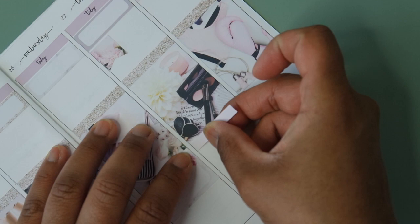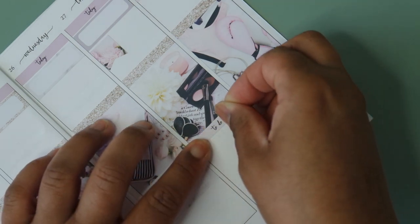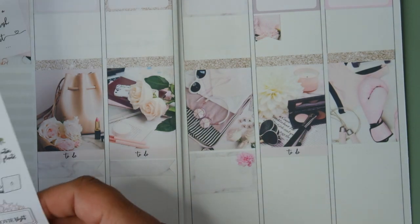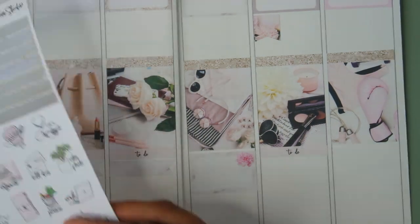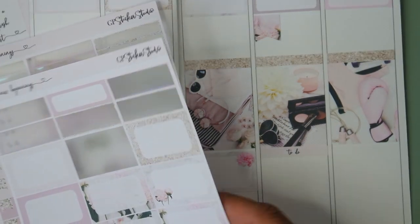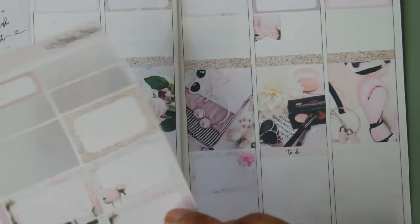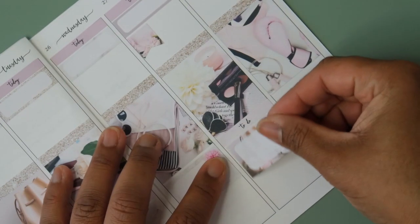So let's put to do, and then I can put that stuff down this way. I've got a couple of different things. Obviously, like I said, I have to pay bills, and I'm going to dinner with her, and that should be super fun because we haven't gotten together for dinner in quite some time, so I'm looking forward to that very, very much. So I'm going to put this one down for dinner,